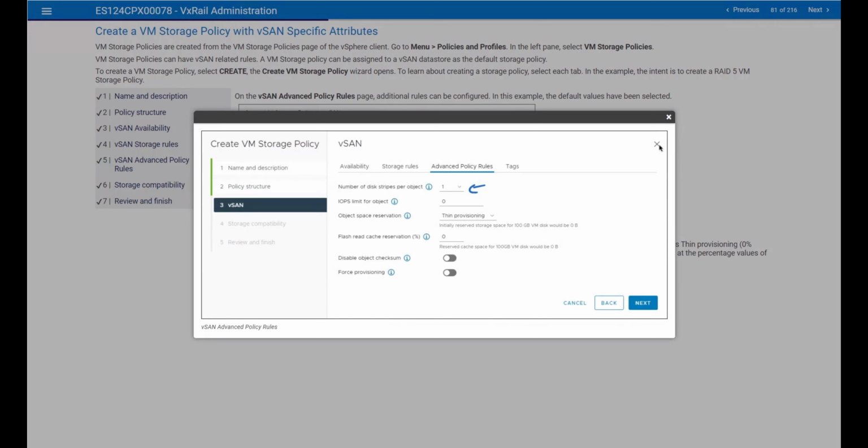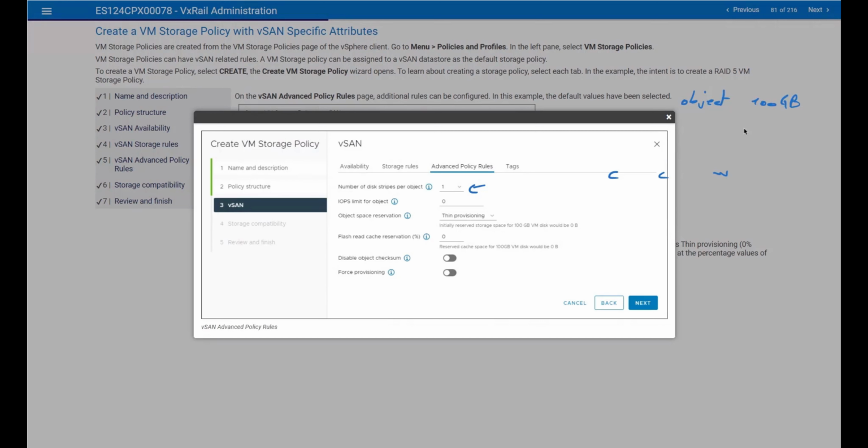So since yesterday, we said that when you place an object, let's imagine that we're going to use RAID 1 with an FTT of 1. We said that vSAN will by default place components and a witness, right? Each component is a replica for the object. So if the object